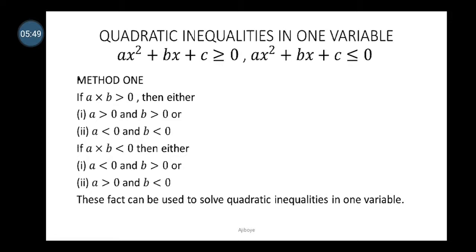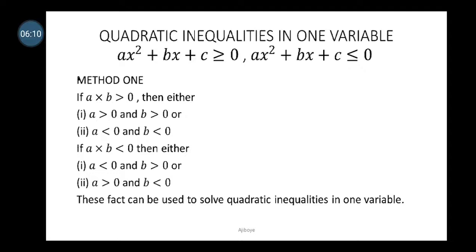Okay, and if I do it the other way too, plus 3 times minus 2, you see that I'll still get minus 6, which is less than 0. And in this case, you will notice that minus 2 is negative, is less than 0. Okay, so if I multiply two numbers and I'm getting a negative answer, it suggests that one of them is